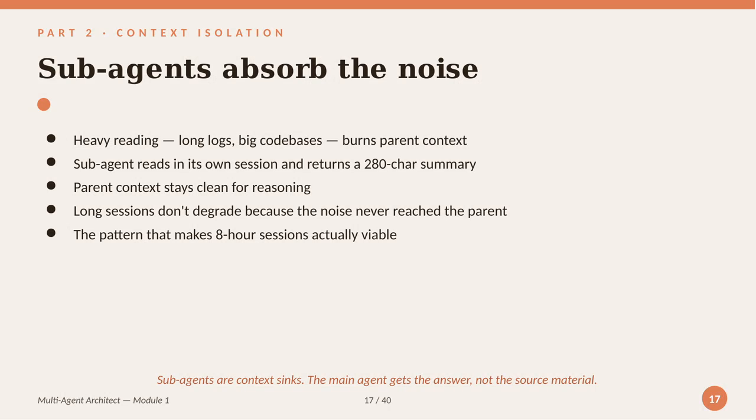Reason 3. Context isolation. The discipline that makes long sessions viable. Heavy reading burns parent context. Reading a 5,000-line log consumes 50,000 tokens of context window. Reading an unfamiliar codebase to find a single bug consumes hundreds of thousands of tokens of cumulative file reads. If the main agent does this reading, its context bloats and its reasoning quality drops, the limit 1 ceiling kicking